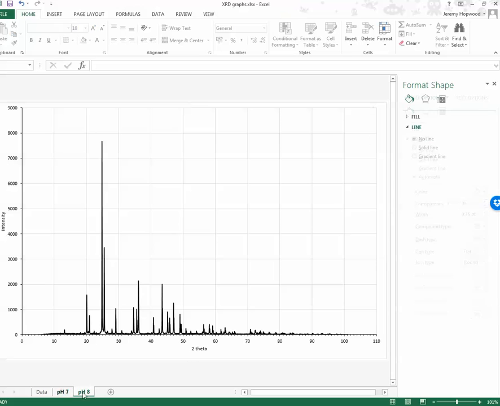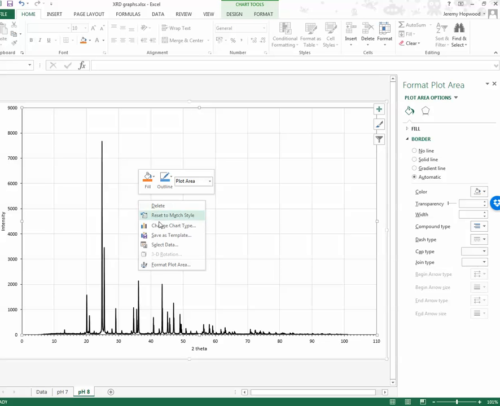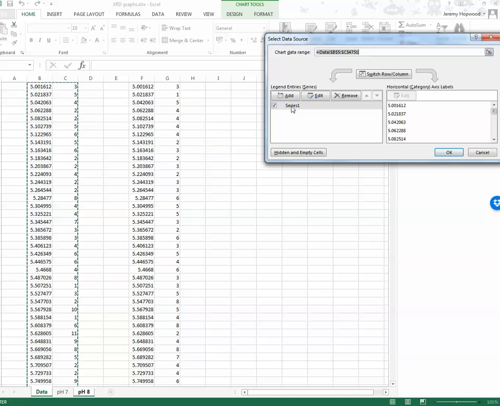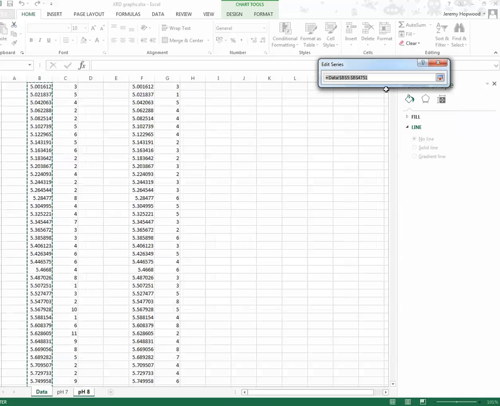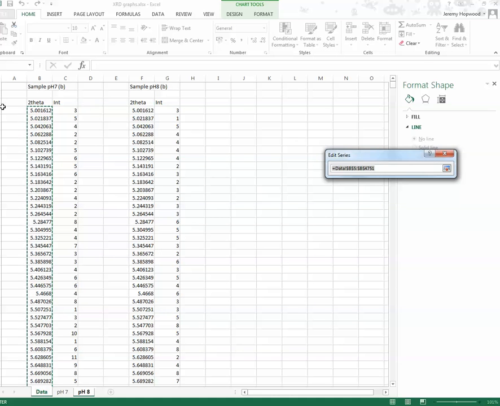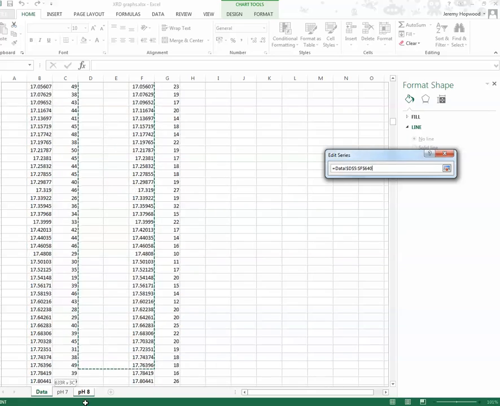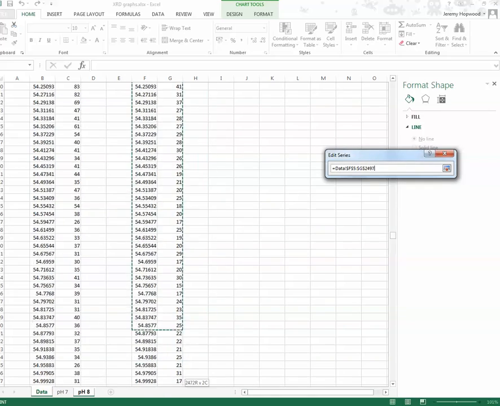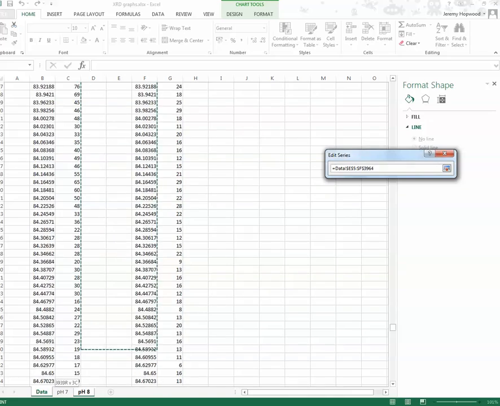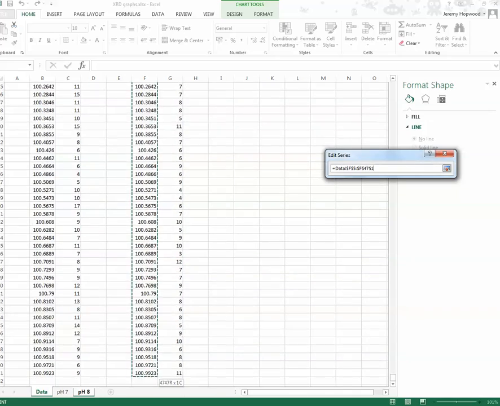But pH 7 and pH 8 look the same, because actually although this says pH 8, it's got pH 7 data. So what you need to do now is select the pH 8 data. So go into it, right click, select data, and here where it says series you need to edit, and on the X values select it, and at the moment it's selected sample 7, but we want the sample 8, so you go over there and drag down to the bottom. Takes a while. Okay, so we've got to the bottom,